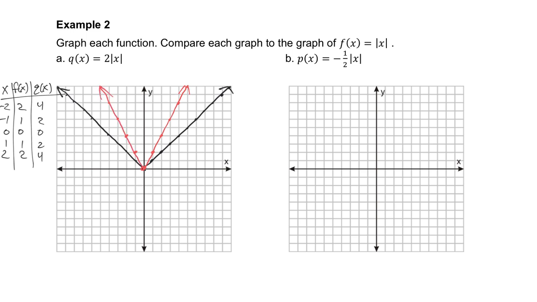So now you'll notice that the red graph, which is the new graph, is actually skinnier. All right, it's more narrow, and we'll say it looks more narrow. How I can look at that also is its y values are twice as tall. It goes from 1 to 2, 2 to 4, and I can see that over here, 2 to 4, 1 to 2, 0 to 0, 1 to 2, 2 to 4. So I can see it looks more narrow, or you could also write that they're twice